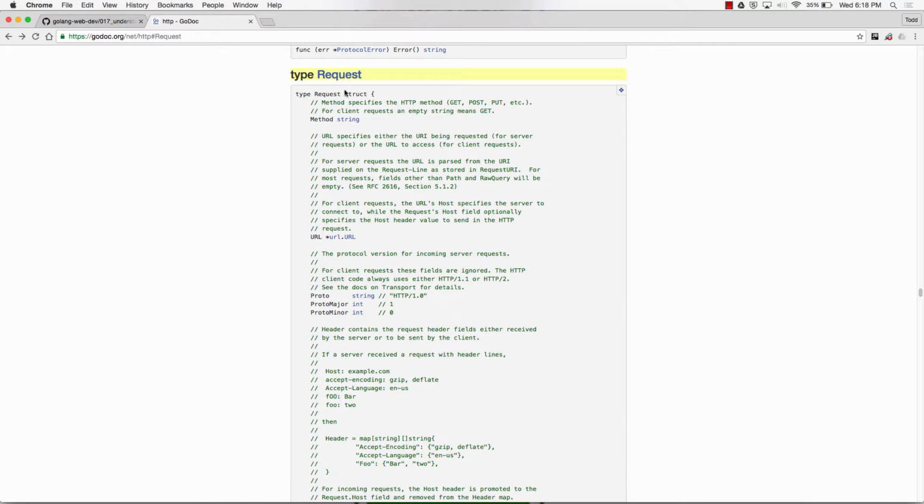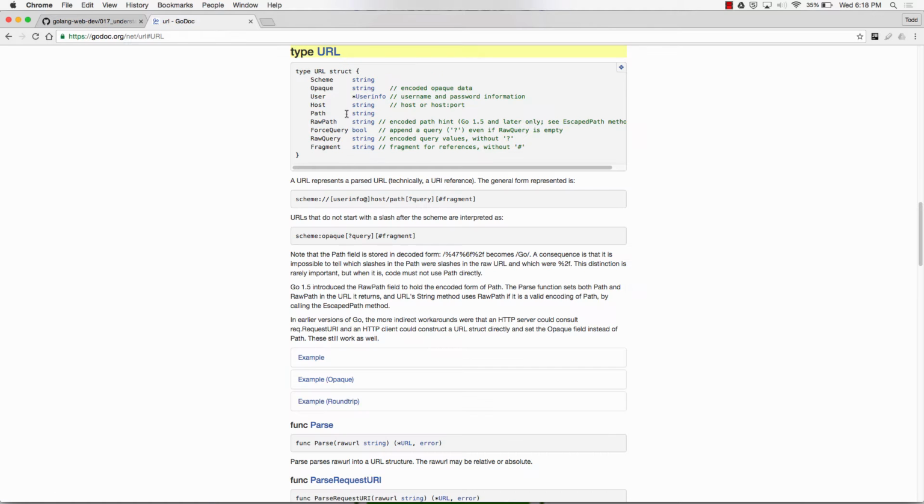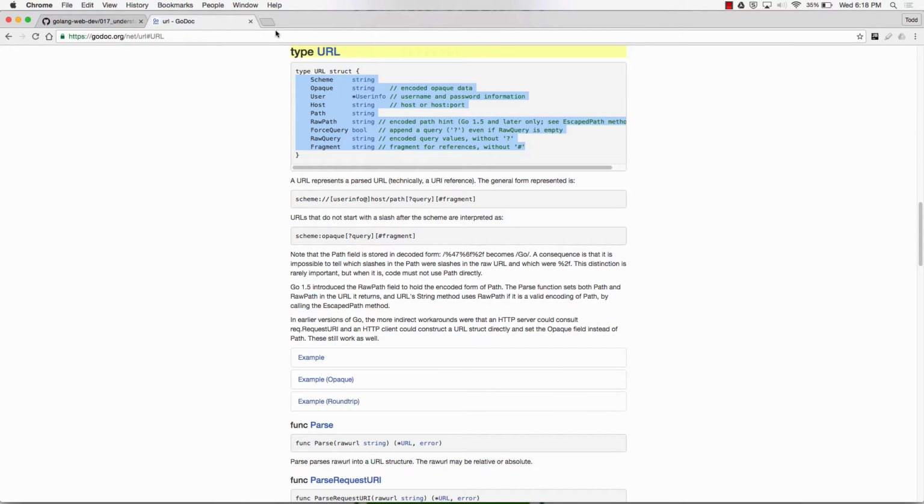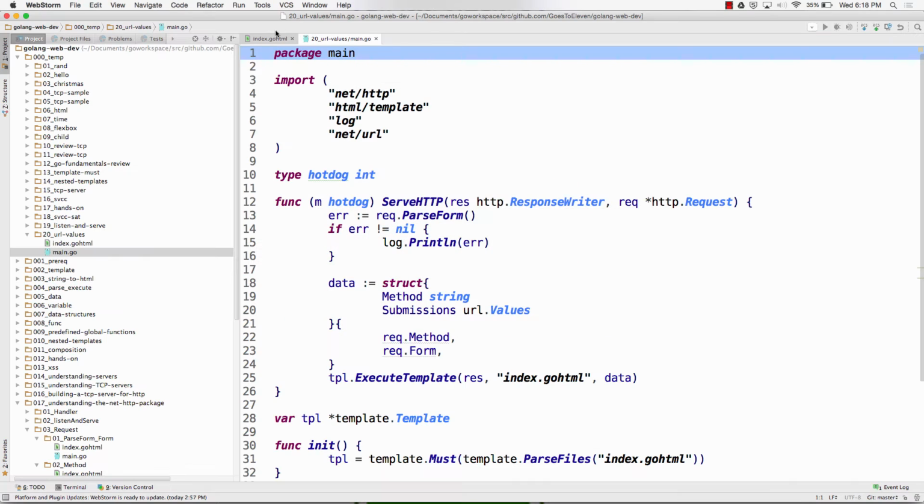The request is a struct, and we have a field in there, URL, and it's of type URL from package url. And that type right here is all this stuff, all those fields. I'm curious what happens when I see those fields. Many of them are strings, so I could copy those. I'm sure there's an easy way to do this with an editor. If anybody knows how, let me know, because when I bring them in here,